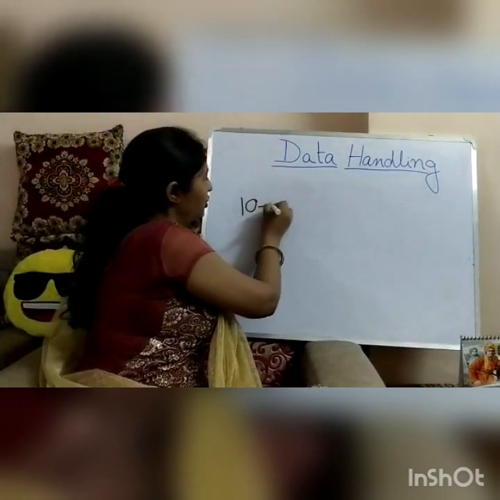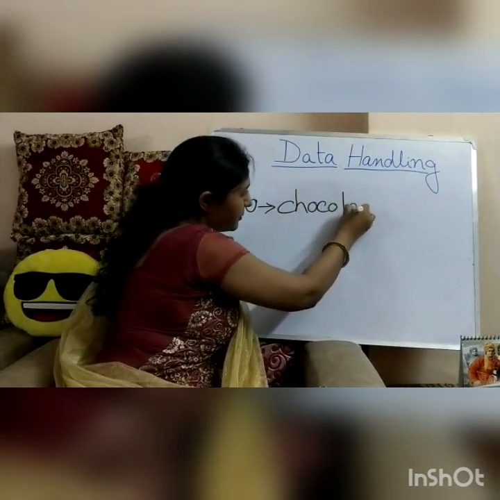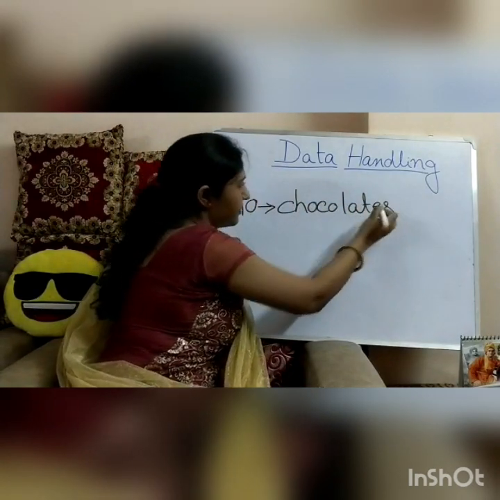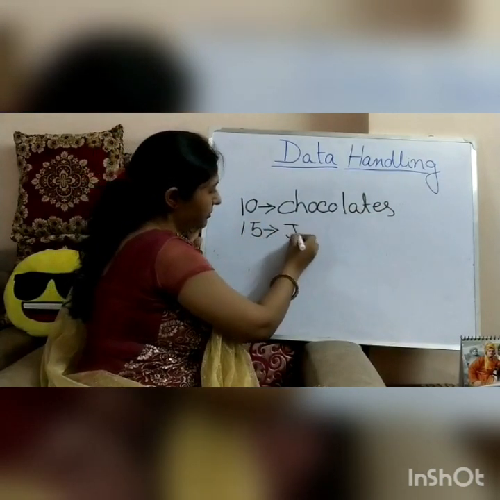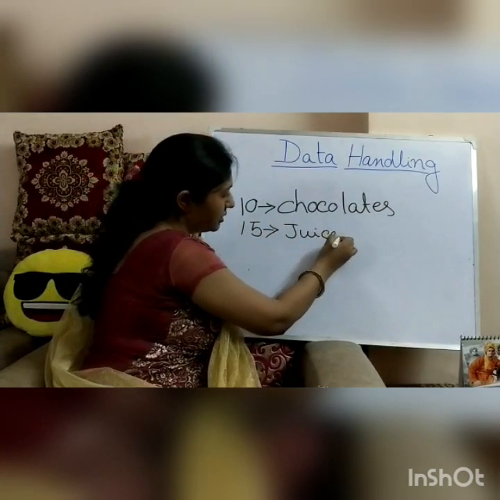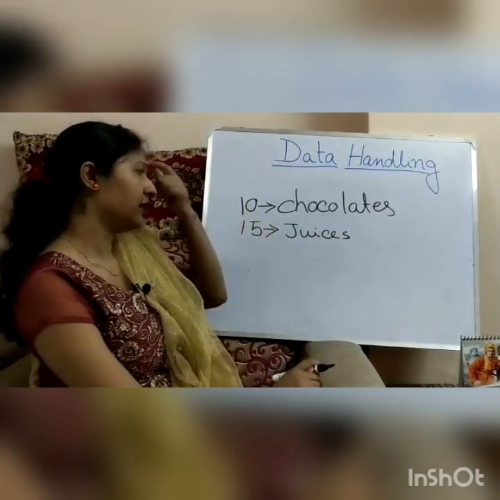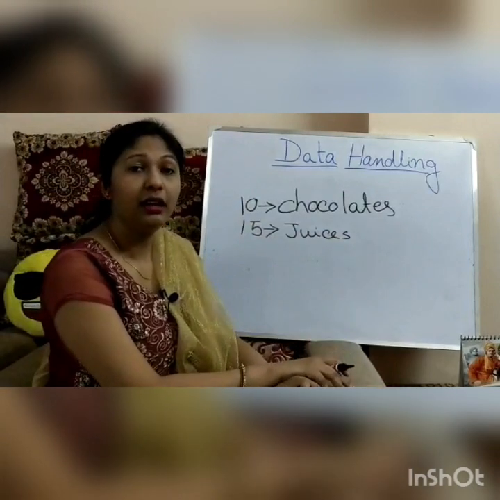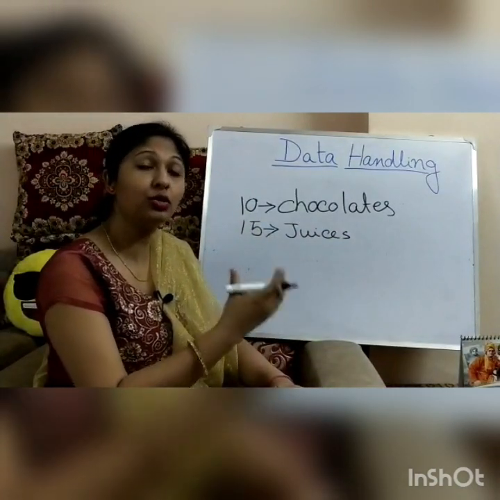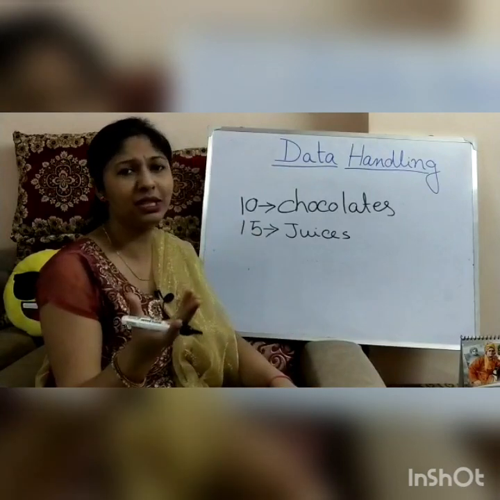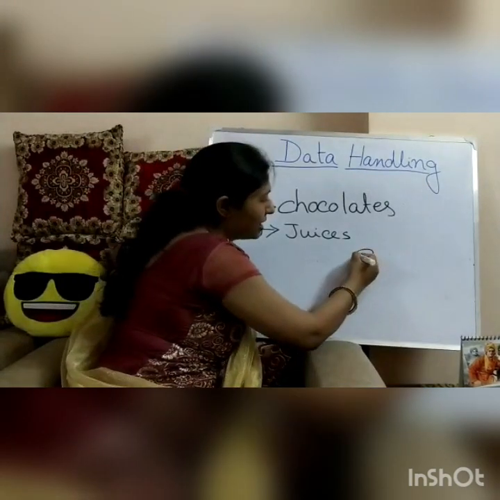10 chocolates and 15 juices. In a pictograph we usually represent through pictures like some smiley or star. Okay, if I give one smiley